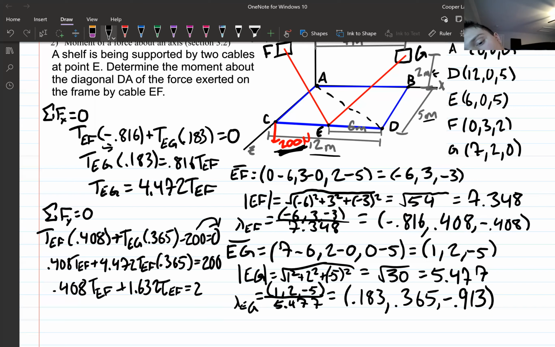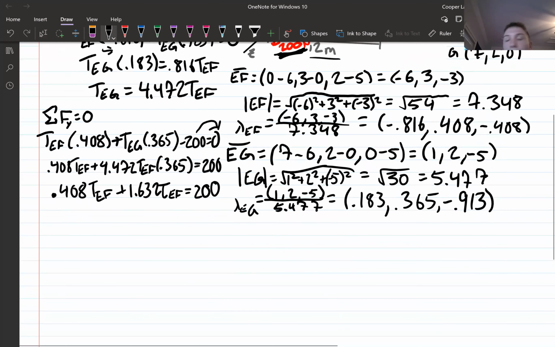This equals 200. Now I'm going to combine like terms. This isn't a negative, this is a point, just to be clear, which ends up giving me 2.041